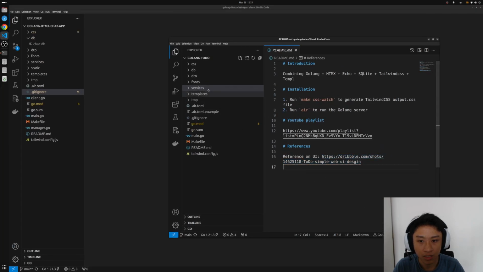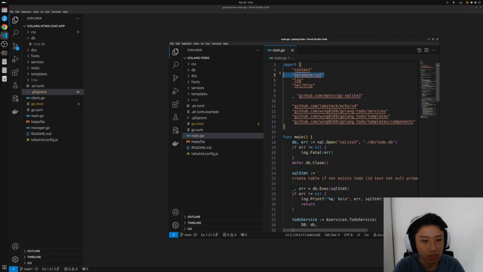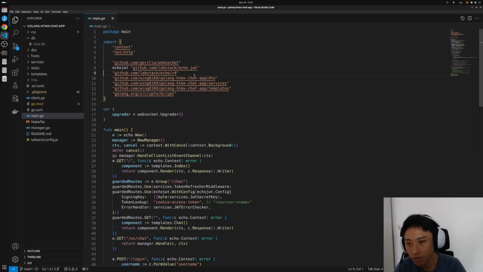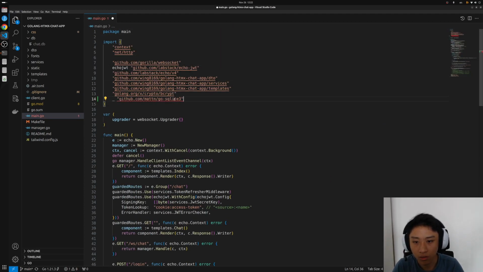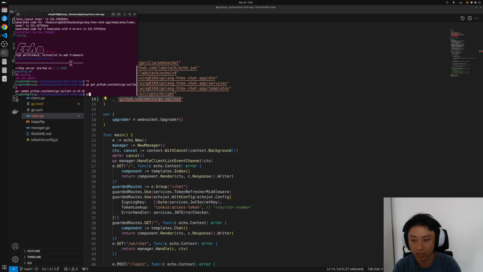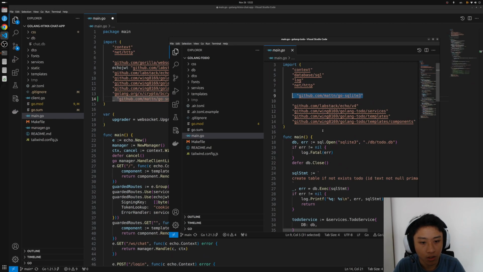Next, let's get started with setting up the dependencies, where we need the SQLite3 driver, and probably this is all. The database/sql package, I think, is the one that's already built into our Go language. So let's have this go get here. Alright, now we have the SQLite3 driver installed. We're going to initialize the database in our main function,